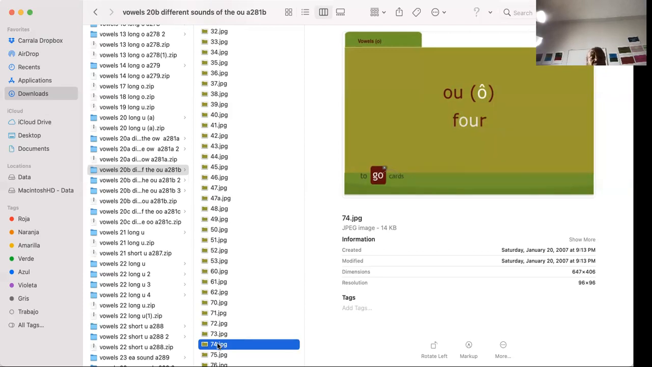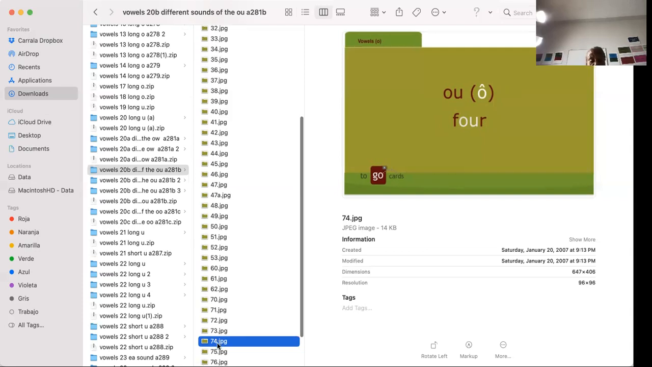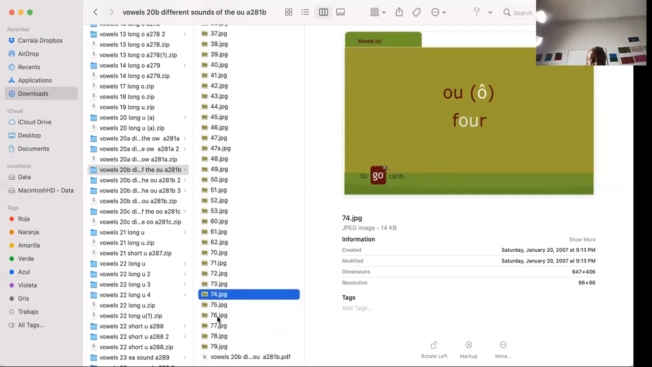But look at all the different pronunciations for the O-U. Tour, to make a tour, or to go on a tour, tour. Pour,